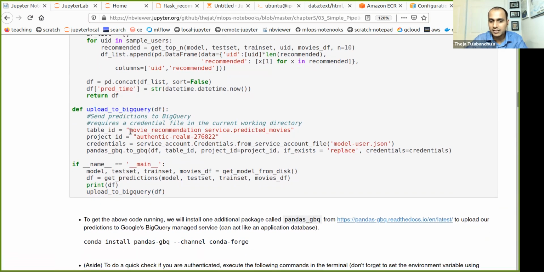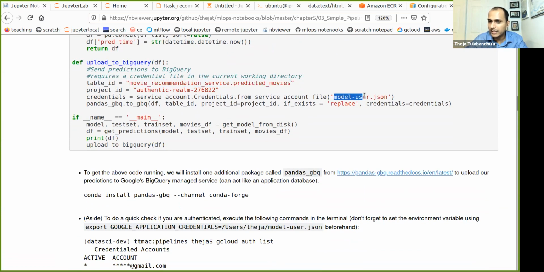There's some hard-coded information here that you will have to change if you want to run it yourself. This is very similar to how we did with ECR. There are some specific strings that come with, in this case, BigQuery, which is a service by Google. So Google-specific information, like what's your project ID and what's the table in which you want to dump this data, that you need to pre-specify. Similarly, very similar to the secret key and access key that we got with AWS, we'll also need to get a similar programmatic user, or a service user in Google's case. I'll probably illustrate this in the next session.